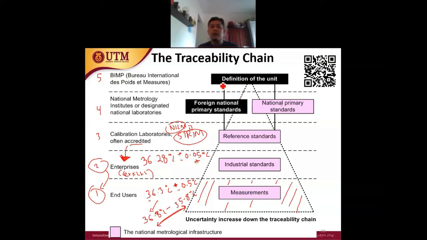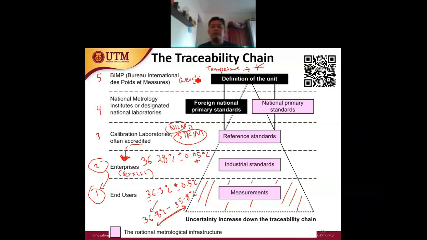And then we have the BIPM. BIPM is the highest standard, which defines the unit. They define, for example, temperature. How do they define temperature? You can look it up. What is the definition of temperature? Like they run an experiment at negative Kelvin, something like that. But like another example, weight,